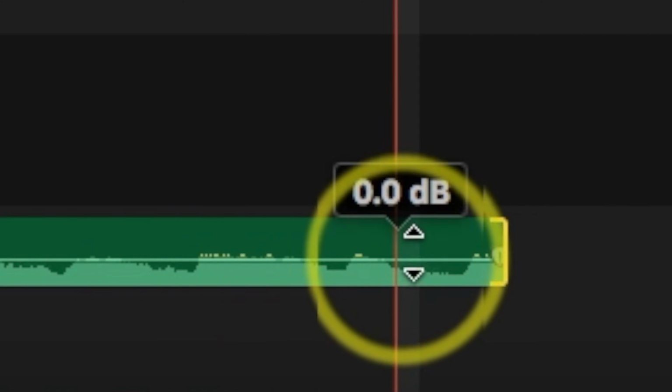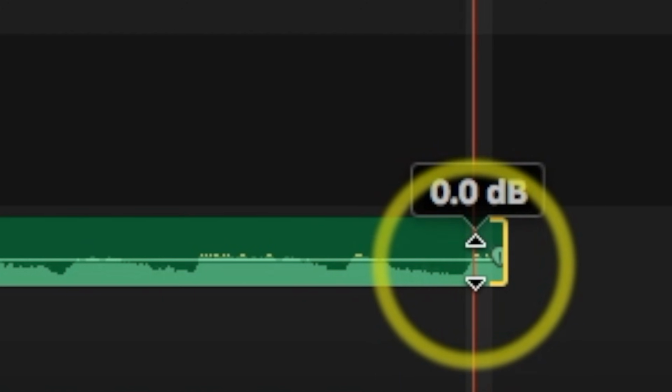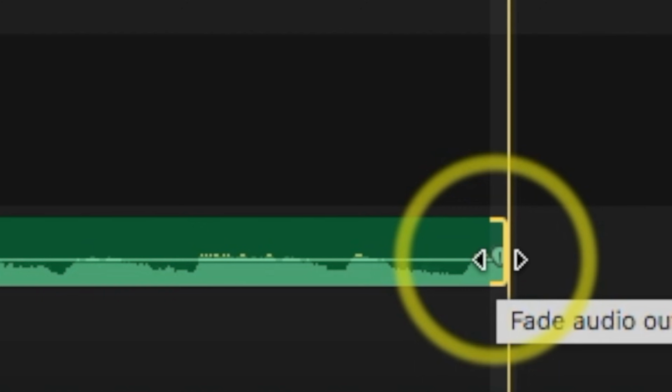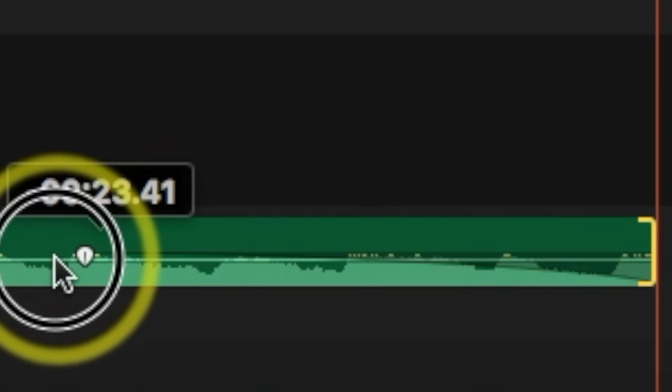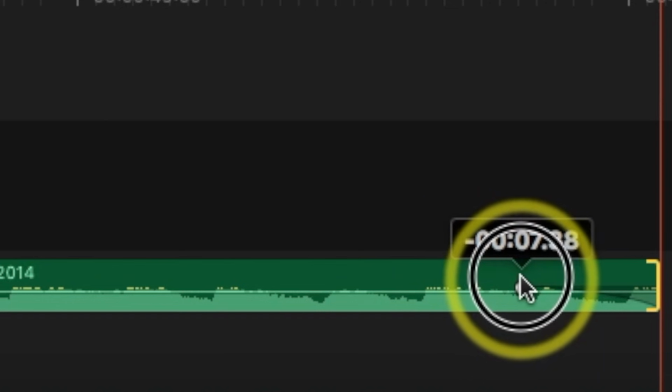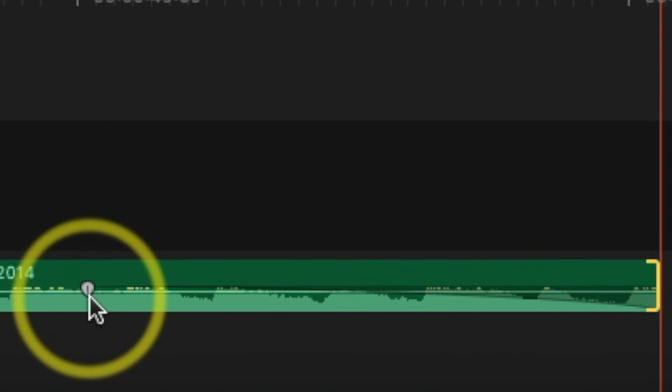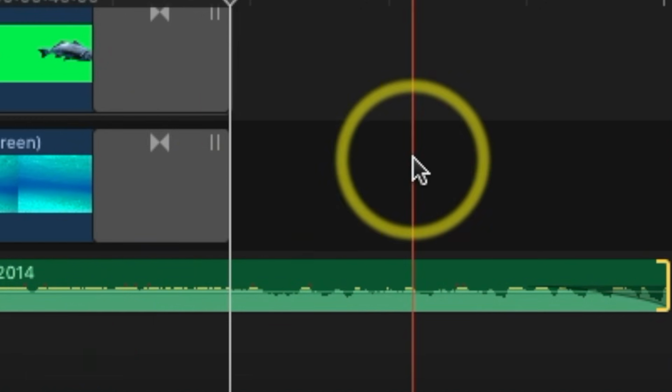If you go to the end of a clip, there's a little ball there where, if you put your cursor on top of it, these triangles now go horizontal. That is how you can apply a fade. So if I click it now and drag that little ball, you'll see that it has a little downward line there that shows the fade. Okay, so if I do this, that's a longer fade. If this is a short fade, I'm going to do a longer one and let go, and now we have a fade. Okay, so if we listen,